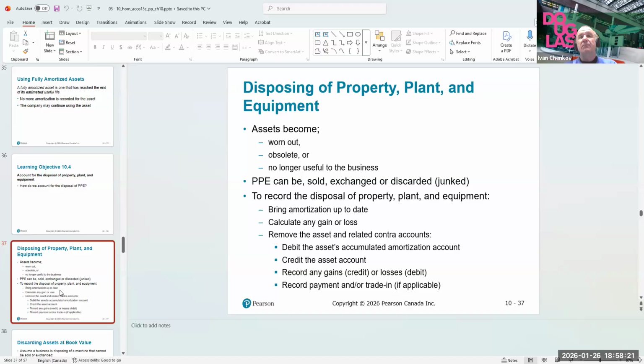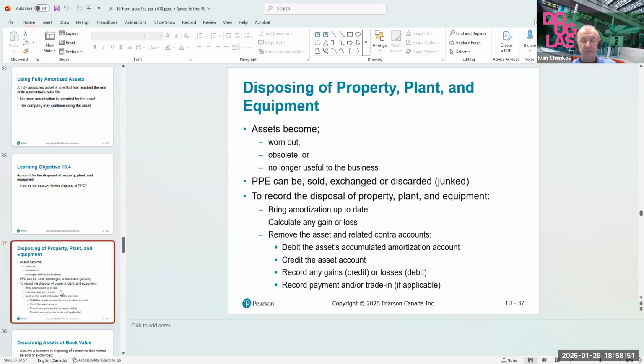Then we can see, can we sell, exchange, or discard the asset? Now, to record the disposal of this asset at the end of the life of the asset, there are a few rules that we have to apply. First rule is to bring the amortization up to date. So, for example, if we decide to dispose the asset on